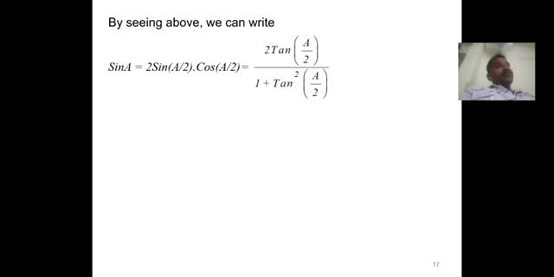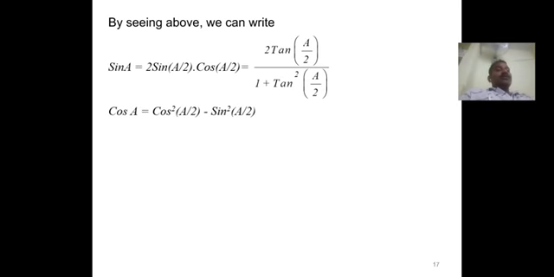Now these are expressions of a in terms of a by 2. Sin a is actually the sin 2a formula in the 2a principles. If a is replaced by a by 2, then 2a will become a and a will become a by 2. So the sin 2a formula is 2 sin a cos a. In those principles, a is replaced by a by 2, so sin 2 times a by 2 means sin a is equal to 2 sin a by 2 cos a by 2. That is 2 tan a by 2 by 1 plus tan square a by 2.